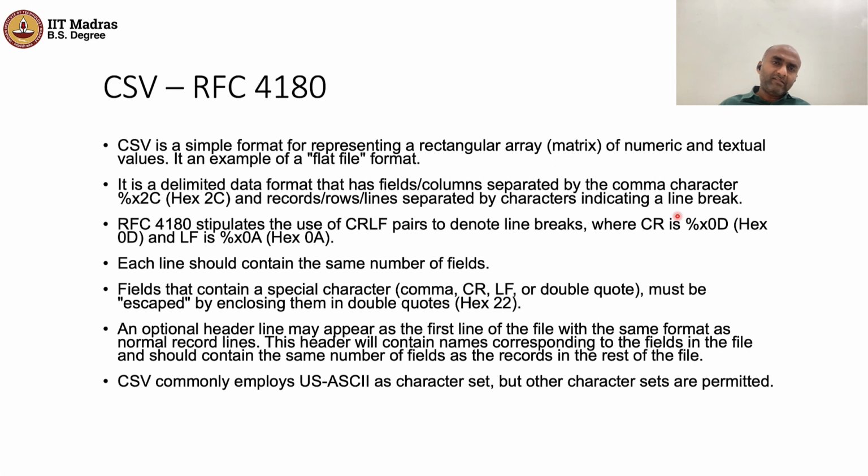Okay, so the CSV standard is actually a simple format for representing what is formally called a rectangular array of numeric and textual values. It is an example of a flat file format. The flatness refers to the fact that there are no nested structures. There is no data within data. All data is at the same level, and all data is homogeneous. It adheres to a certain